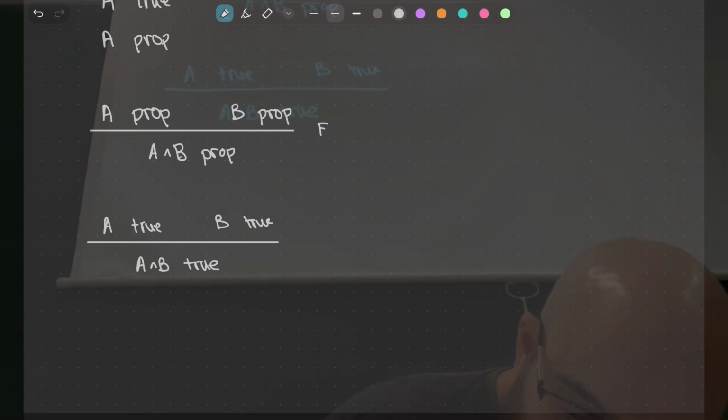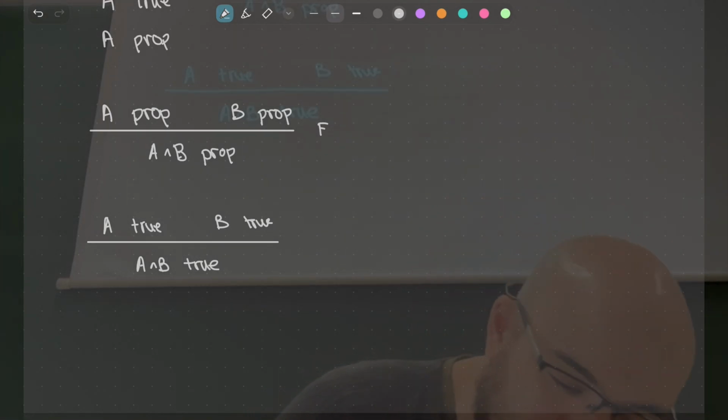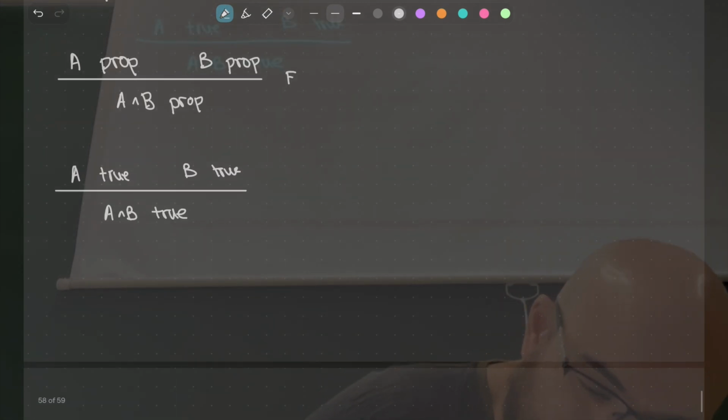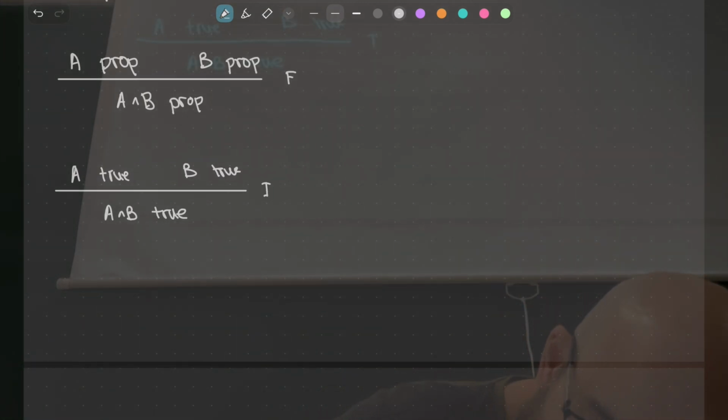If you think we have seen this before, I think we have not. This is the whole point. So this is the introduction, and I will have the elimination rule. If I have a proof of A and B, I can use it in two ways.